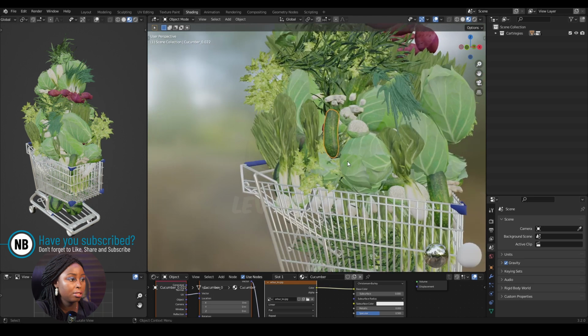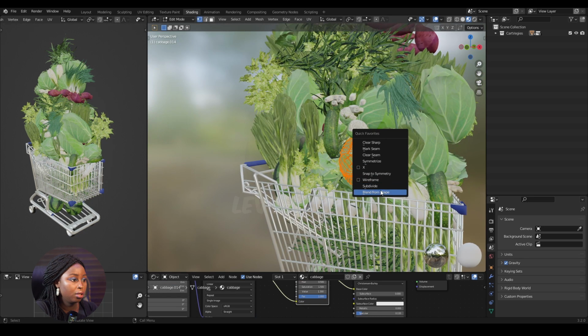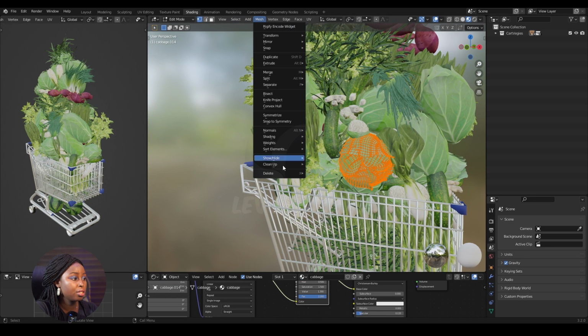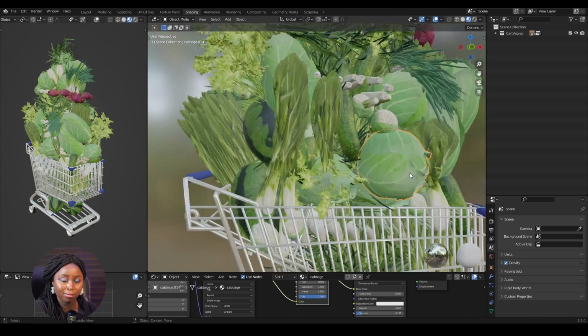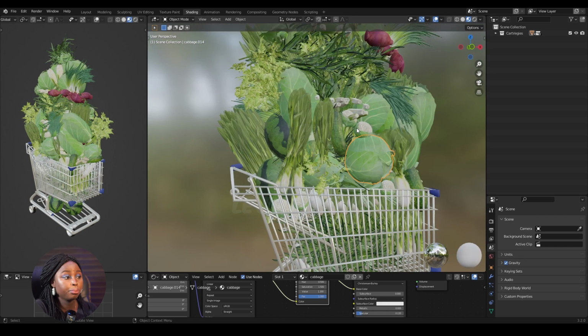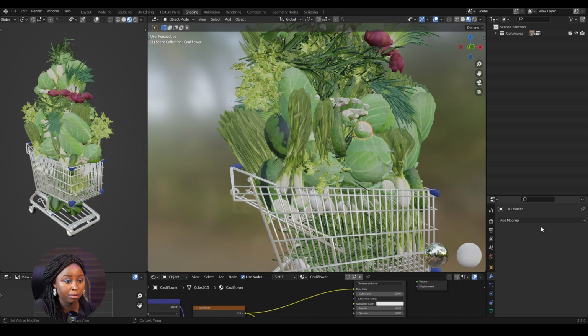So with that done, let's go to this, mesh, clean up, decimate geometry. So 0.1, you see, it still looks good. And you can also use a modifier for this. Just come down to modifier, decimate, reduce the ratio,